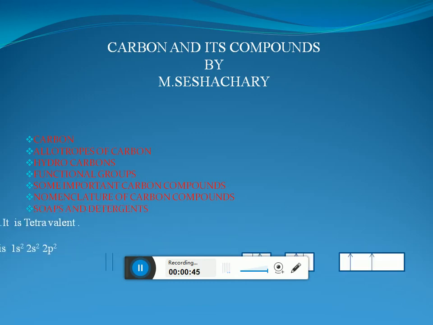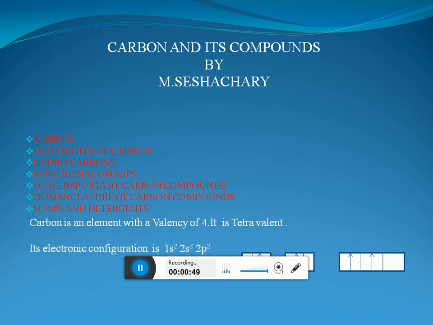Let us discuss about carbon. Carbon is an element in the periodic table which belongs to fourth group. Its atomic number is 6. Its electronic configuration is 1s2, 2s2, 2p2. Its valency is 4. So we can say that carbon is tetravalent. So to get the stable